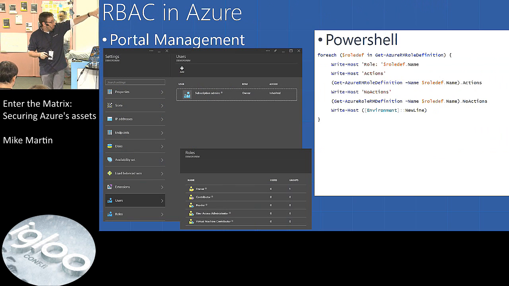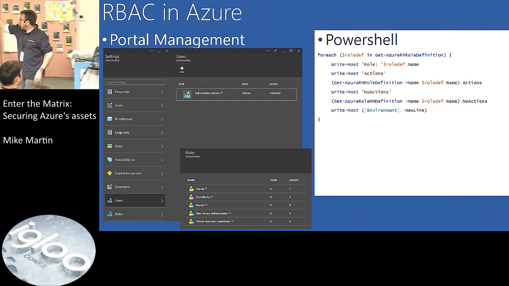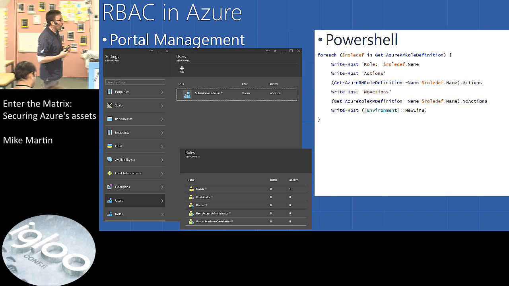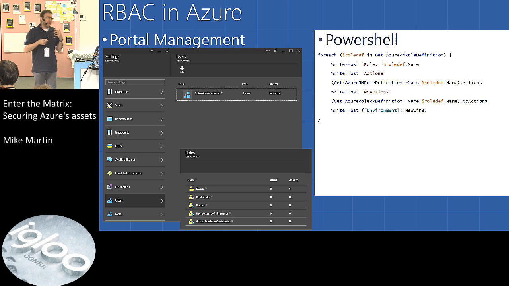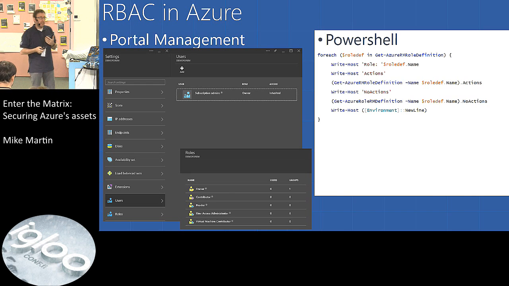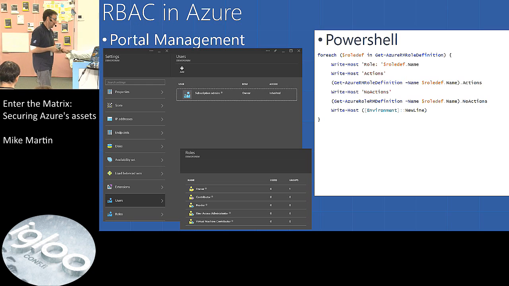Good to know is that you can either do this through Portal or PowerShell. There's a little script here that shows all the definitions for a certain role. The PowerShell usage on RBAC isn't that hard. Yeah. It's a very straightforward process. It only needs a little bit of thinking on which roles you want to apply and how deep you want to go there.